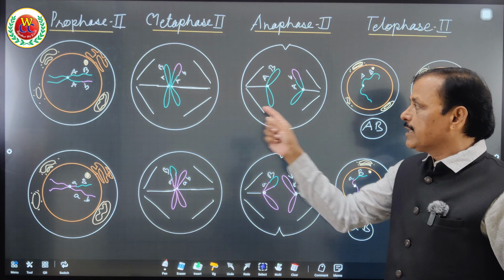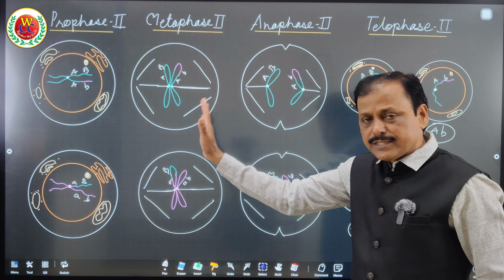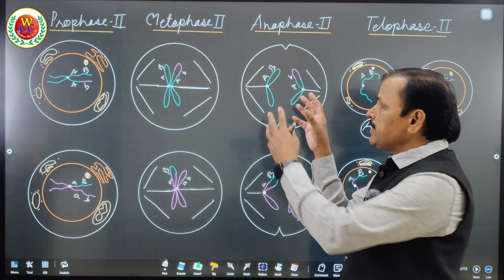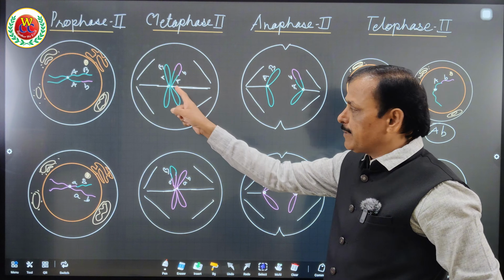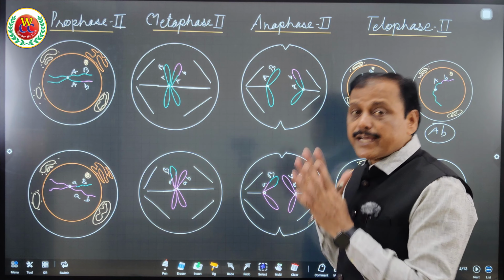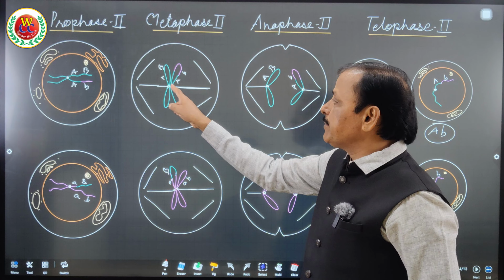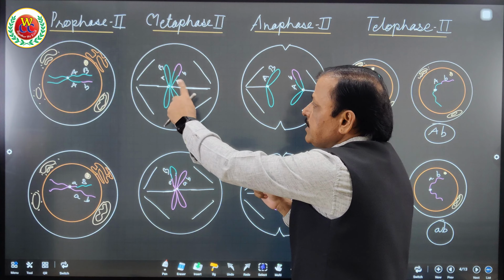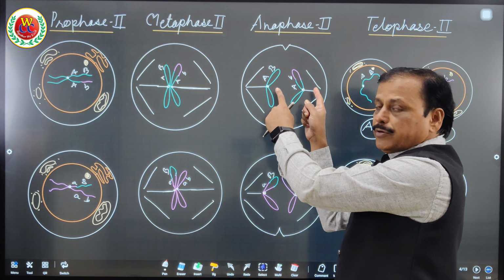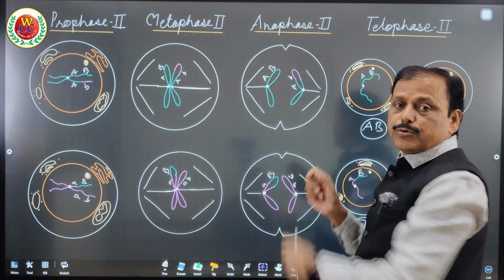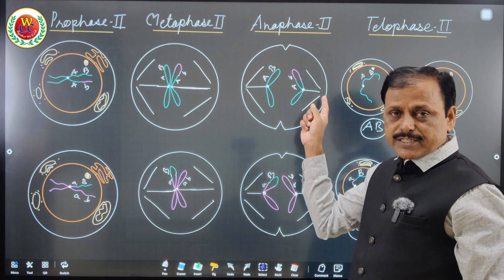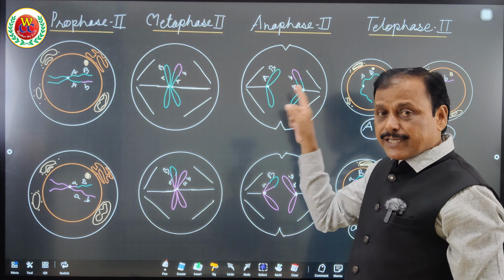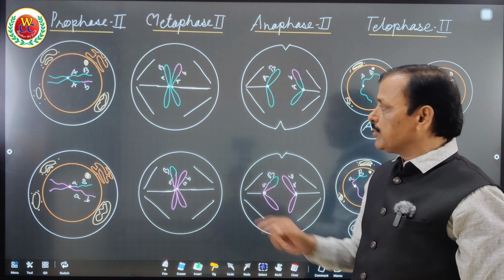Now what is anaphase 2? Continuing, all the conditions of metaphase 2 are the same in anaphase 2, except that the spindle fiber begins to contract. Here spindle fibers are there, but they begin to contract. As the spindle fiber contracts, the kinetochore attached to it is dragged behind the spindle fiber. Thereby, the bivalent chromosome, see, two arms on either side, here one arm on either side. So the bivalent chromosome turns into two monovalent chromosomes because of the contraction of the spindle fiber. So the centromere splits, and the kinetochore along with the spindle fiber carries that monovalent chromosome to the respective pole in